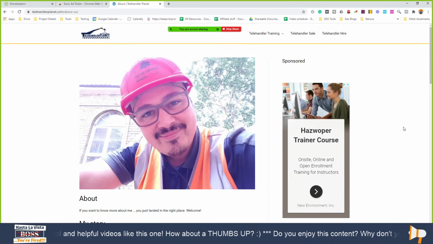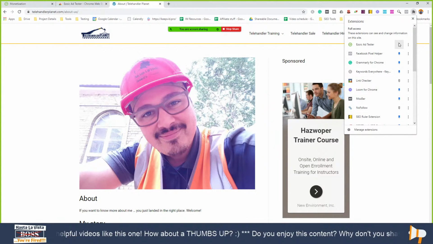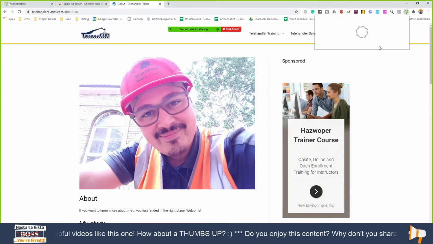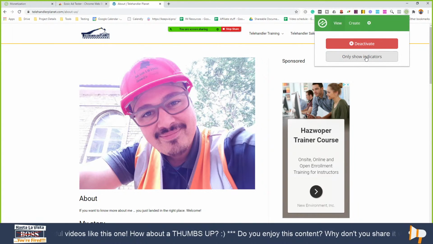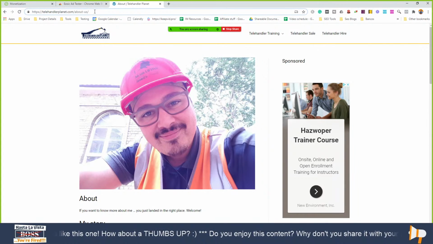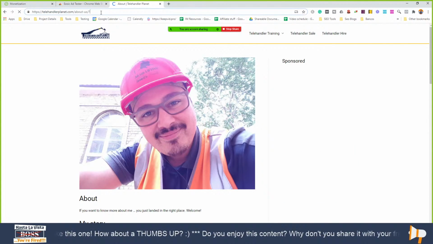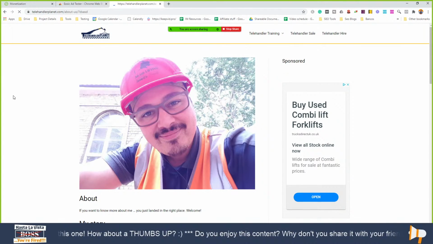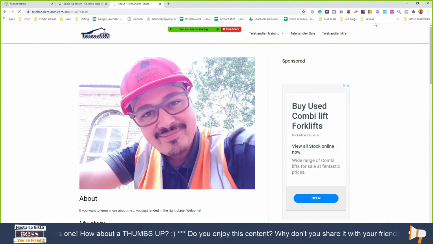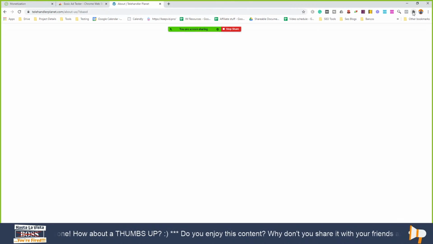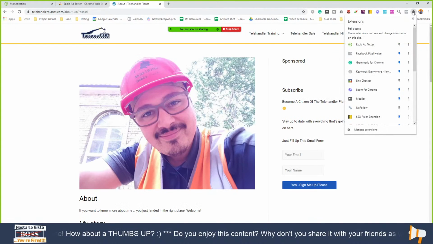Oh, it's pulling up for me. There you go. And then try and activate the placeholder, the Chrome extension again. Only show indicators. Can you refresh your page or clear your cache? I usually just add a question mark in the URL and just a bunch of letters. There you go. And then now open up the Chrome extension. Oh, there, it might actually just pull up. Cool.